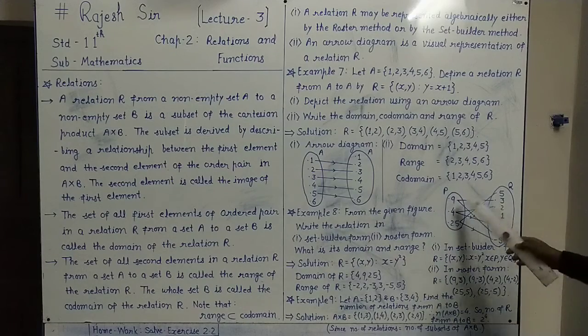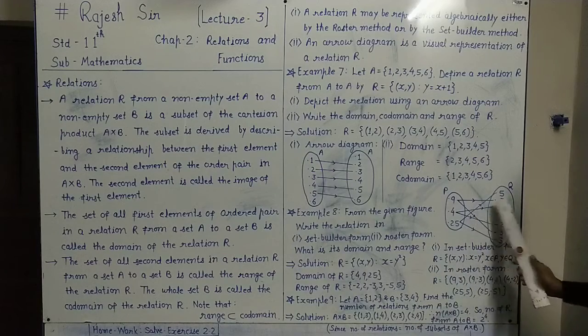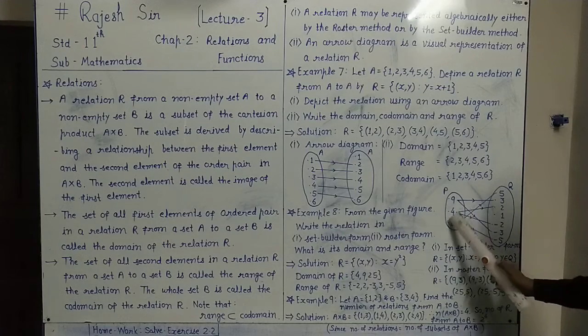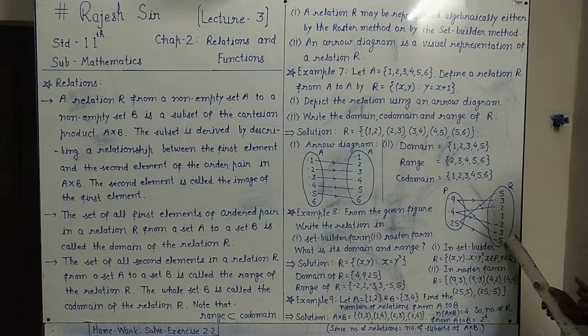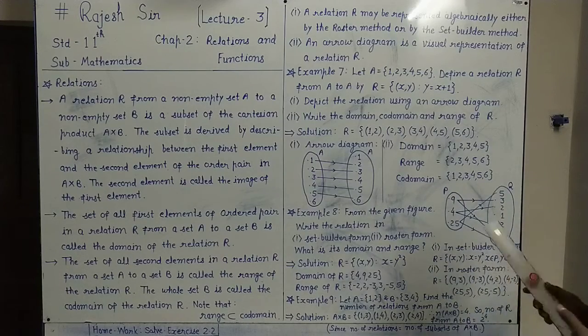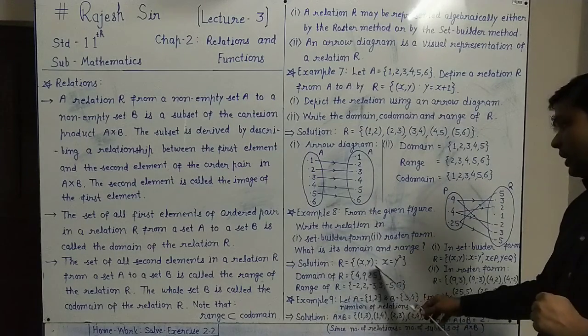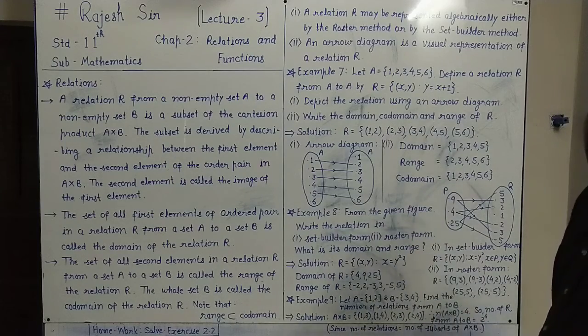So, is there some relation we can relate them with? By the figure you can see, yes. Here 5 and minus 5, their square is 25. So 25 is the square of 5 and minus 5. 4 is the square of 2 and minus 2. 9 is the square of minus 3 and 3. So this way we can relate. So in the solution, the relation is the set of ordered pairs (x, y), where x equals y square.